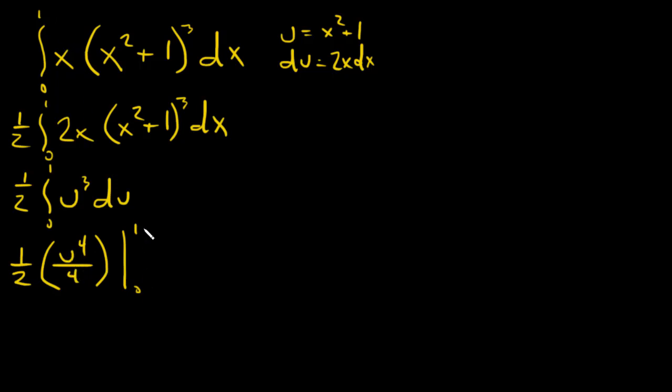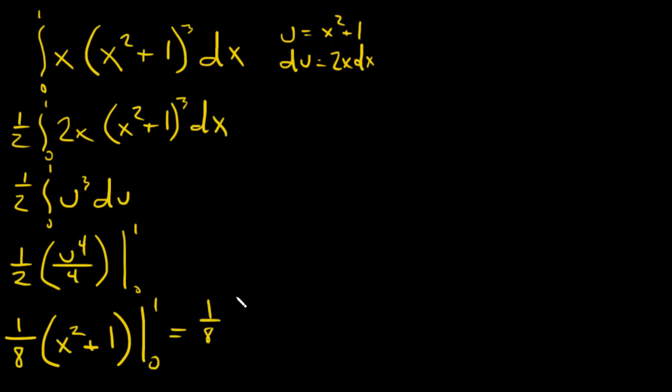So before I do my evaluation, I substitute the x's back in. This becomes 1/8 times (x squared plus 1). Now I can evaluate 0 to 1. If I do that, I'm going to get 1/8 times, well, 1 squared is 1 plus 1, so this is going to be 2